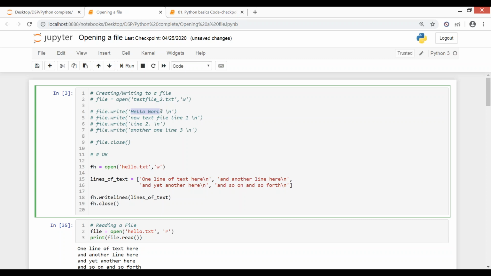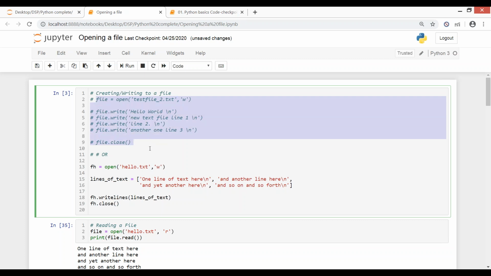You have not closed it. You need to close it. File dot close. Write this command as well, this last one, file dot close. Akash, first open it fully, write to it and then close it.